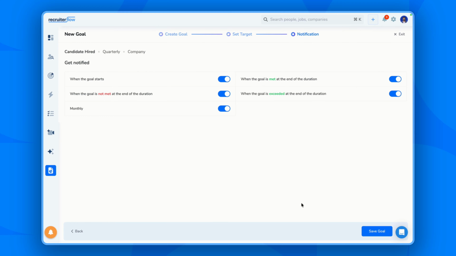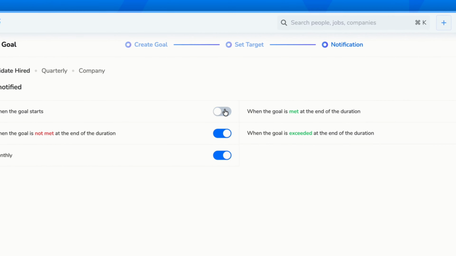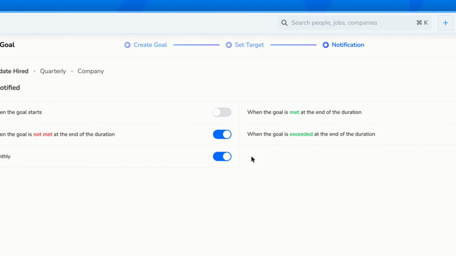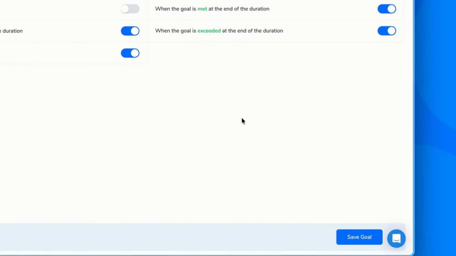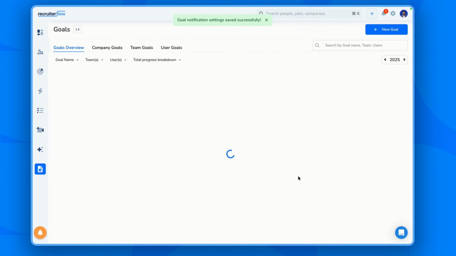goal notification. Now in this window, you can define when you want to be notified. You can get notified when the goal starts, when the goals are met, when people are lagging behind, and so on and so forth. You can select the toggle. By default, all the toggles are enabled. But if you really want to disable something, you can just click on it and that particular toggle will be disabled. Once you're happy with all the information, just click on save goal and the goal will be